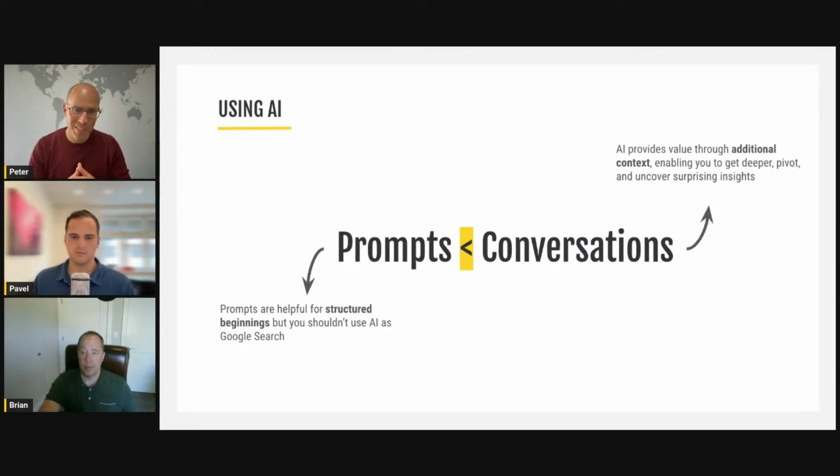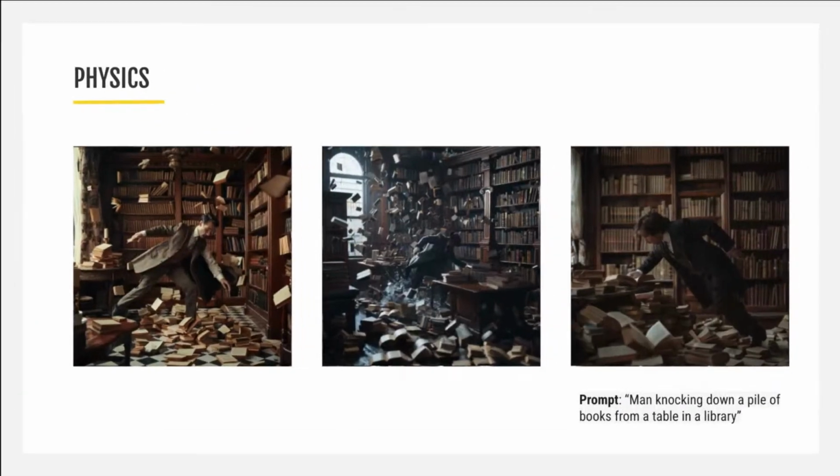Now to the fun stuff. So visual assets. I've asked our team to share some of the recent fails. So let's jump on the first slide with a visual example. This is an illustration of a concept where a person should hit the pile of books in a library. And as Brian mentioned, LLMs and general AI are guessing, and they don't understand things such as physics. For them, it's just an image, and they don't understand the consequences. So here you can see how it can turn crazy. It looks like from Matrix in a sense, and that's just an output based on missing the understanding of